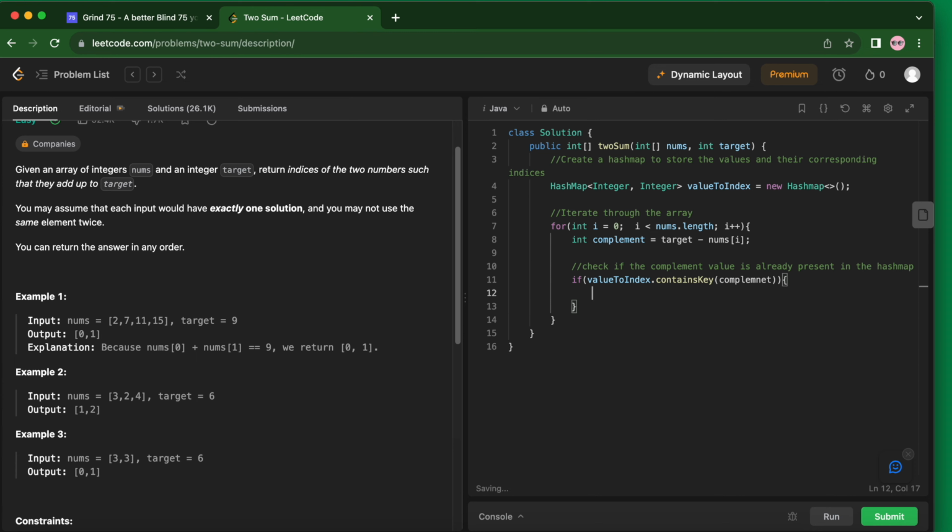Okay, if it contains the key, if it contains the value, we want to perform some action here. The complement is 7, so we want to check if in value to index we have the 7 available. We are at 2 right now, so the hashmap does not have anything. But let's assume that it does not have anything, what are we going to do afterwards? In case it does not have the value, we'll say value to index dot put,